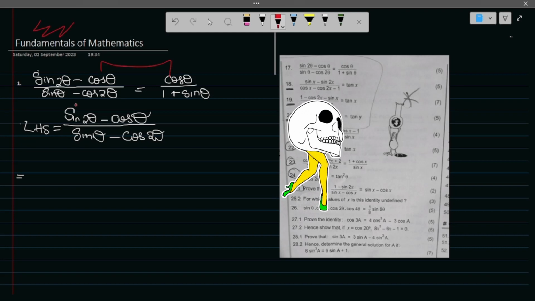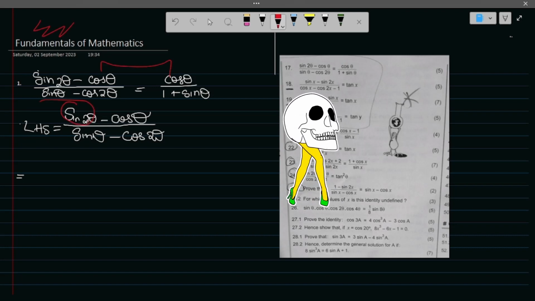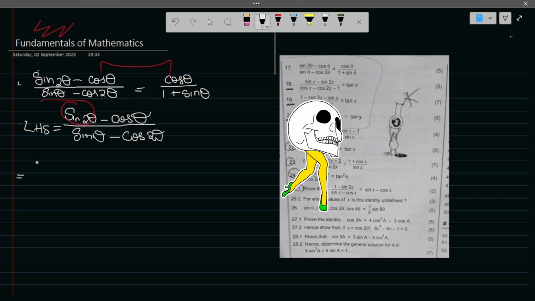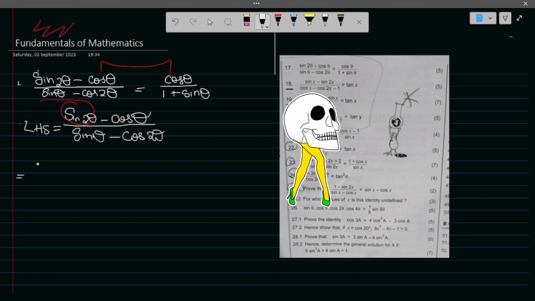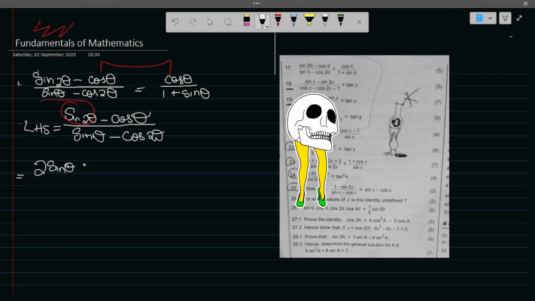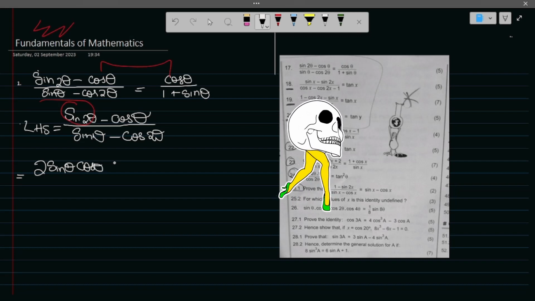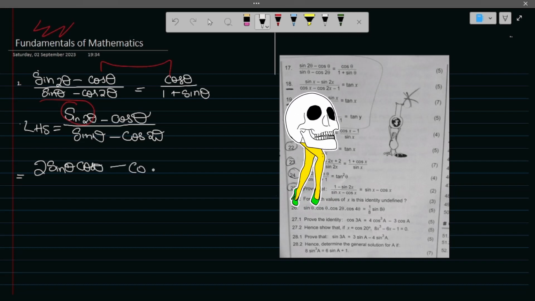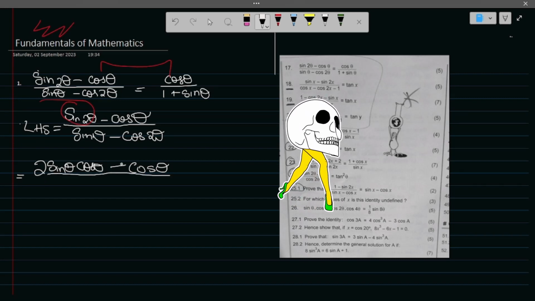For you to prove that, the first thing you need to notice is that here in the sine 2 theta, this is a double angle, guys. So how do you solve it? You just simplify it. The double angle of sine 2 theta is going to be 2 sine theta cos theta minus cos theta, and then it's going to be all over